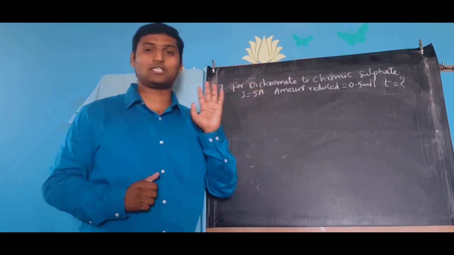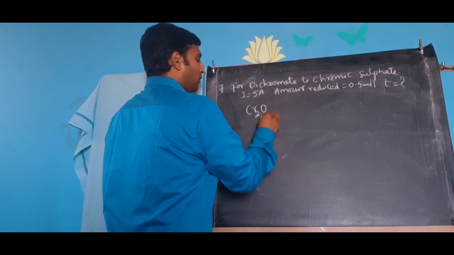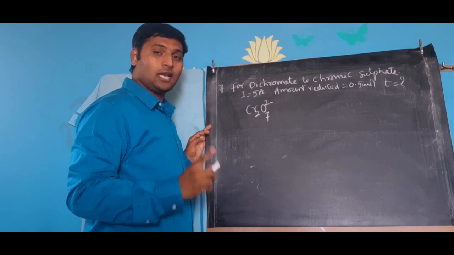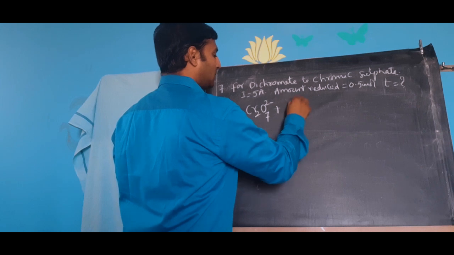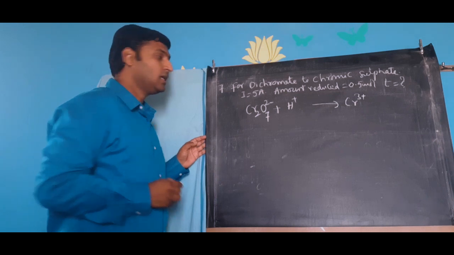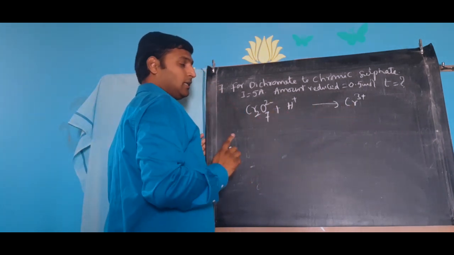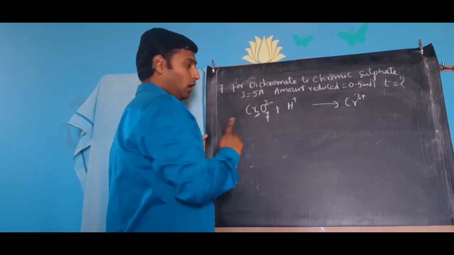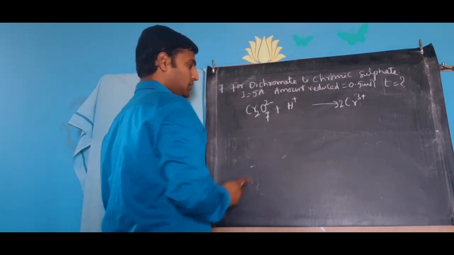Now we must know the proper reduction reaction. You know very well potassium dichromate acts as an oxidizing agent, that means it undergoes reduction only in acidic conditions. So acidified potassium dichromate becoming chromic sulfate, this is what he is talking about. To balance this equation, the first thing we need to do is make the atom showing the change in oxidation state equal on both sides. So let me put 2 chromium here. Let me see what the change in oxidation state is.